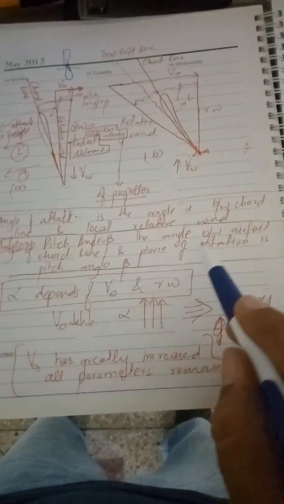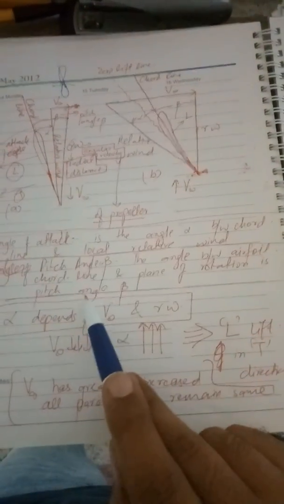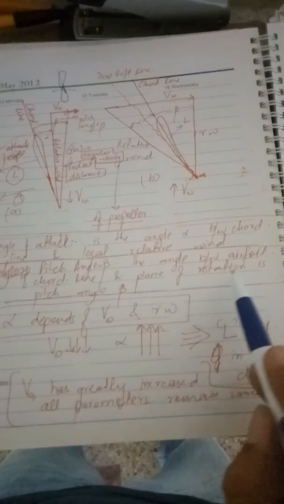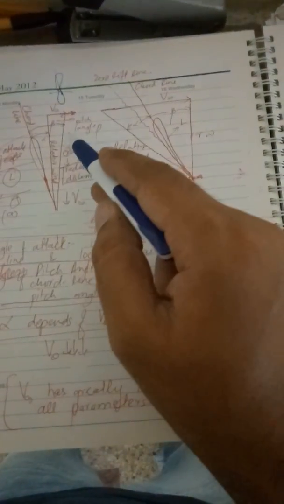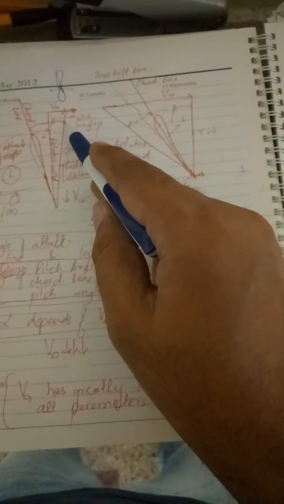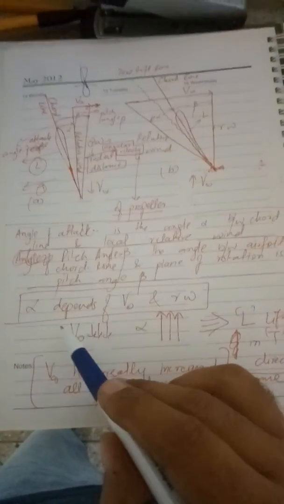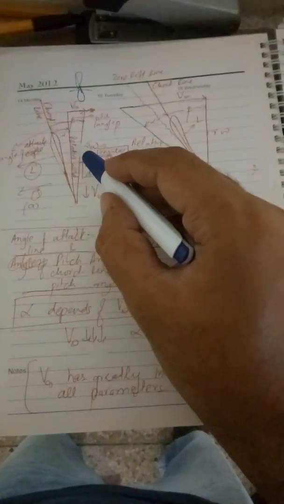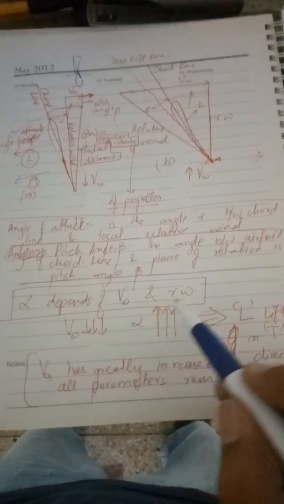Pitch angle beta is the angle between the airfoil chord line and the plane of rotation. This is the plane of rotation, and this is the chord line, so that would be the beta angle between the two. And alpha depends on what? This alpha, which is the angle of attack, will depend upon the free stream velocity V and r times omega,